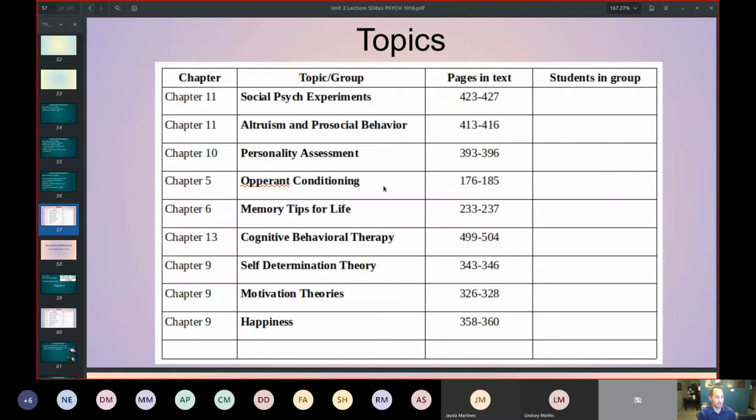Memory tips for life. I think I mentioned this one earlier. Essentially, it's a section in the book at the end of our chapter on memory that gives a lot of good tips for how you can use what you've learned in this chapter in your day-to-day life. How can you use the knowledge of how we encode memories to do a better job on exams or in remembering your shopping list or in remembering people's names? So if that's of interest to you to learn, that could be really good. It's got a whole bunch of different tips all around memory. So if you've struggled with your memory or you think memory might be really fascinating, maybe you like the core memories from,